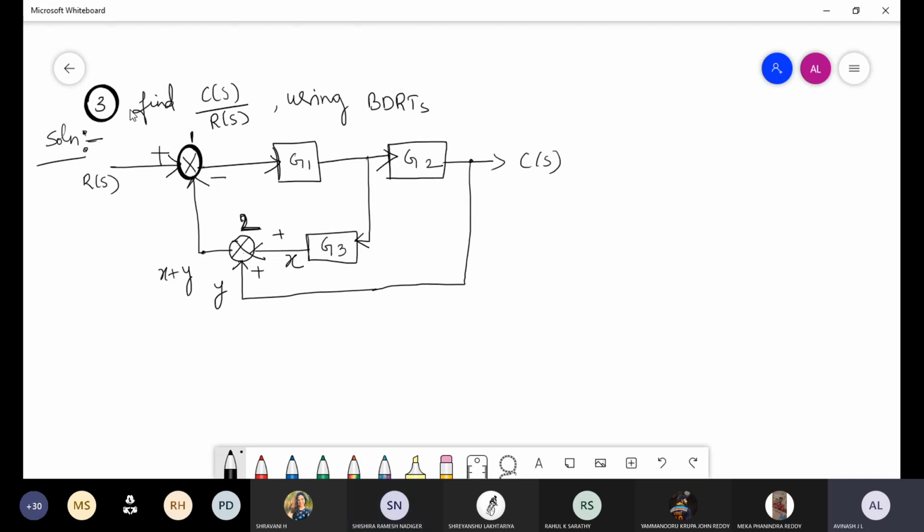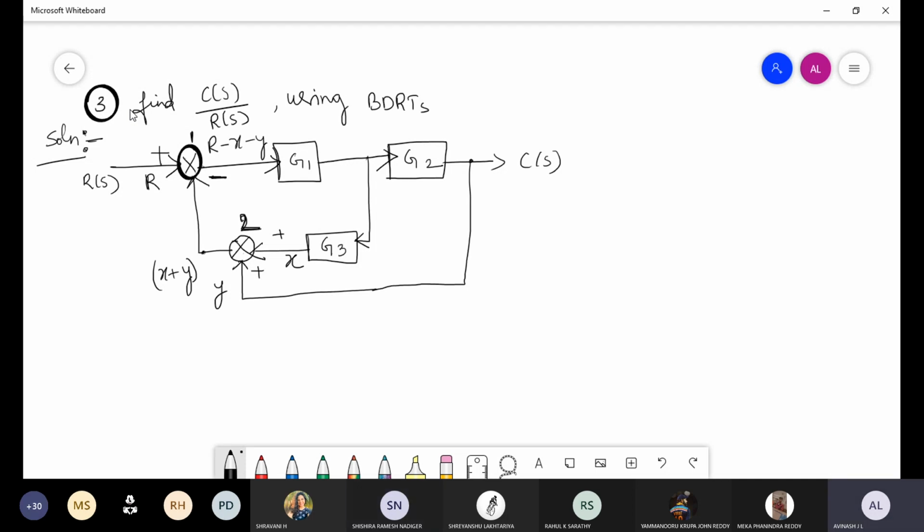So now X plus Y is a single signal which is coming, but it is multiplied with a minus sign here. Understood? So X plus Y, even though it is positive, when it goes to the next summing point, it becomes negative. So here R of S I'll consider simply as R. Now R is positive and X plus Y is multiplied with a minus sign. So what is the output here? R minus X minus Y. So I'll just write it separately, R minus X minus Y. Is it clear to all of you?